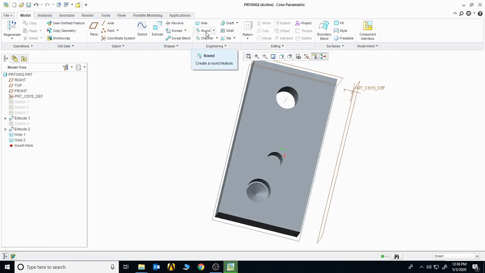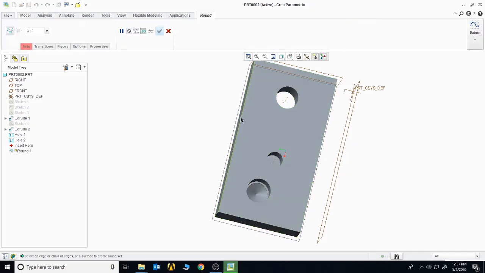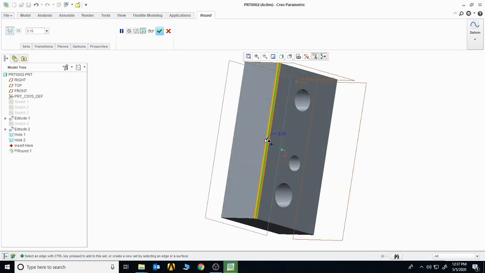The next is the round. As we have already studied the round command in the 2D drawing, it is used to round the edges. Here it is also used for the same reason. Click on it, click on the side that you want to get round. Once you click on it, these boxes will appear, and if you drag them, you can see that the edge gets rounded. You can also change the value from here. So this is how the round command works. Click on the OK to make it